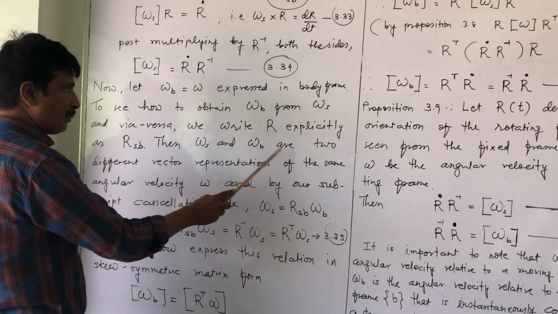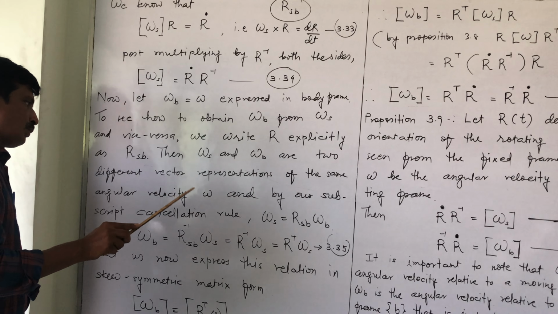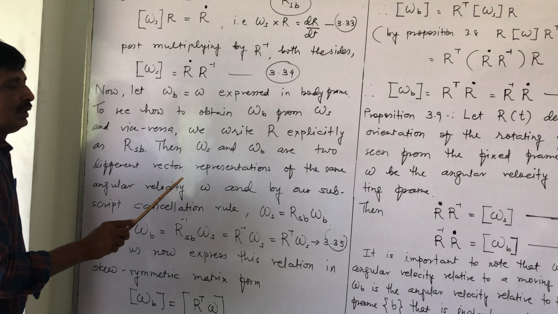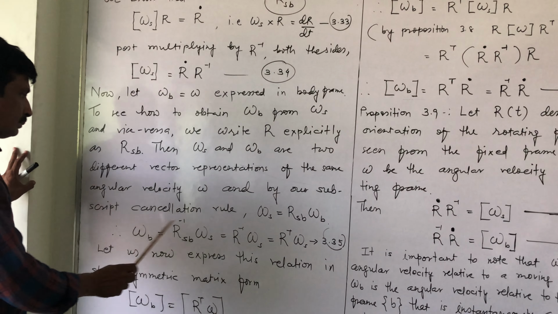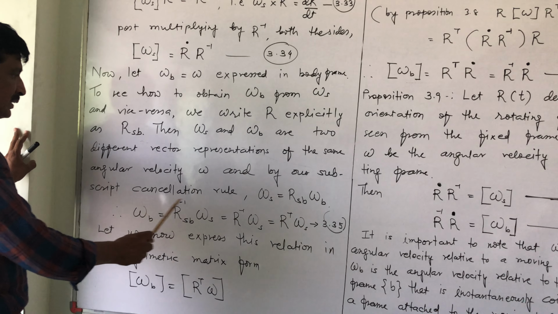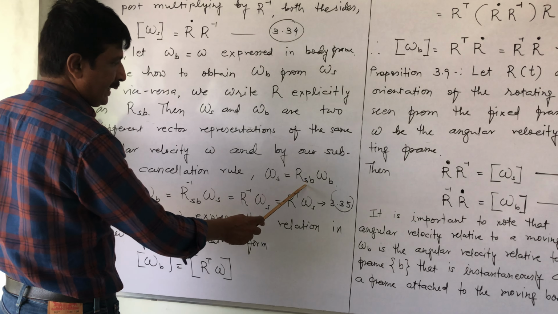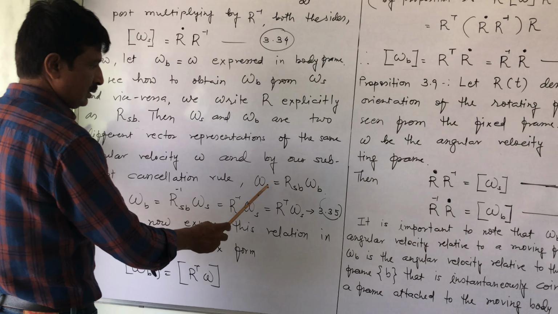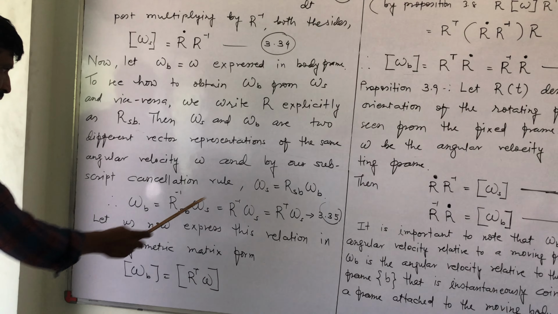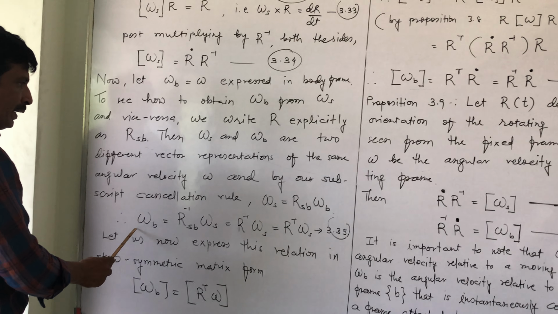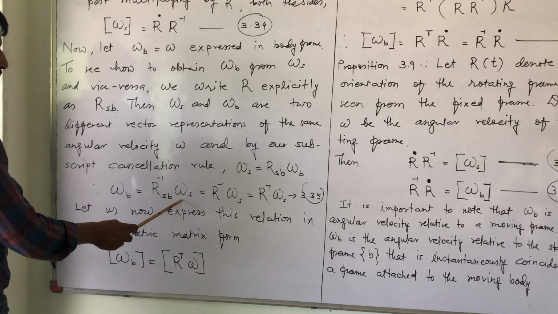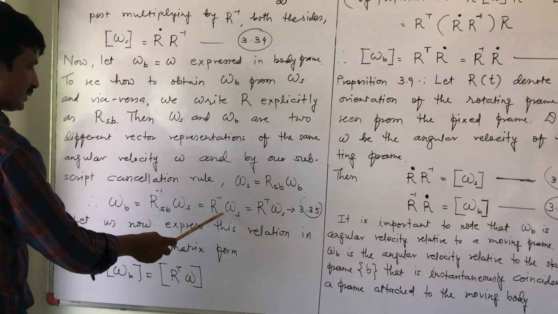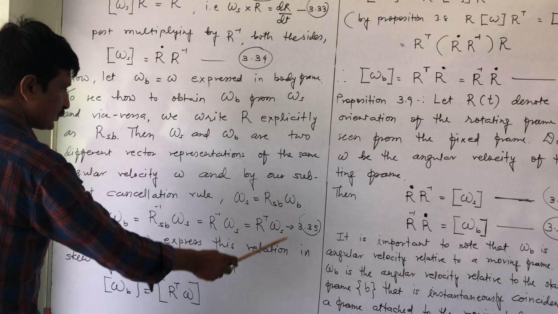That is, the person is the same, only the uniform is different. By the subscript cancellation rule, omega s equals RSB omega b, the b's cancel out, giving omega s. So omega b equals RSB inverse omega s, equals R inverse omega s, equals R transpose into omega s,